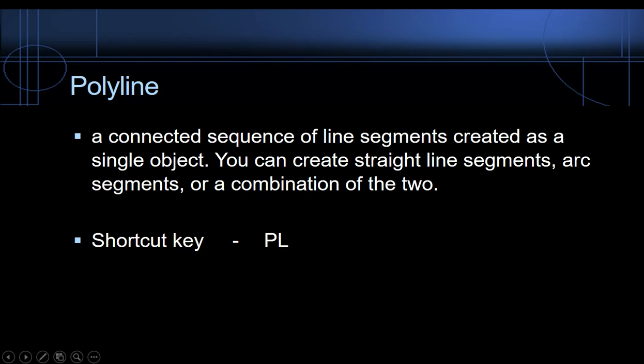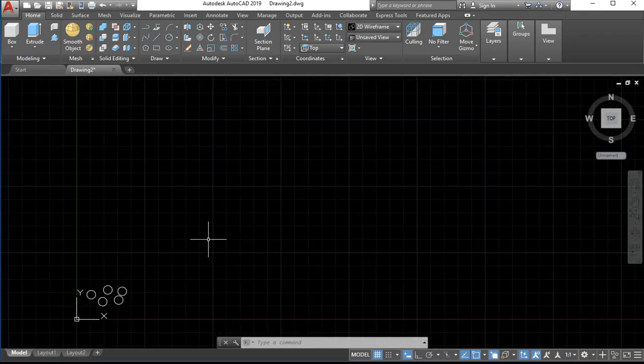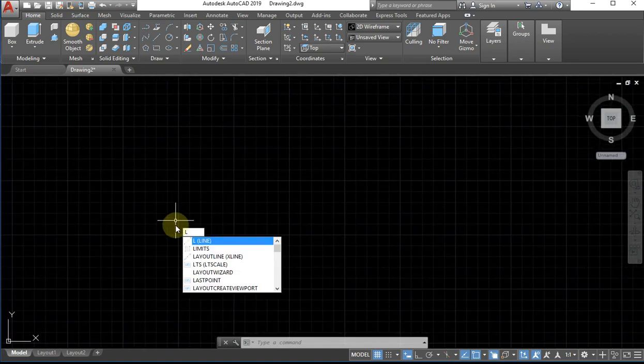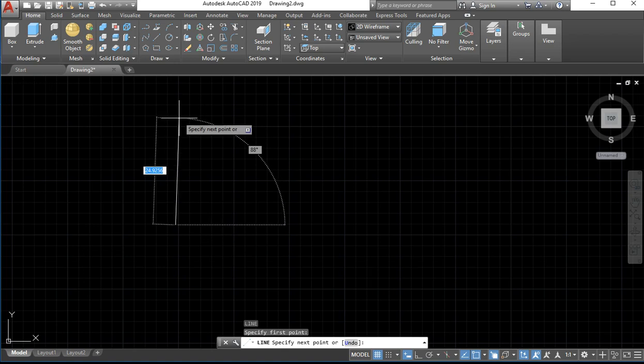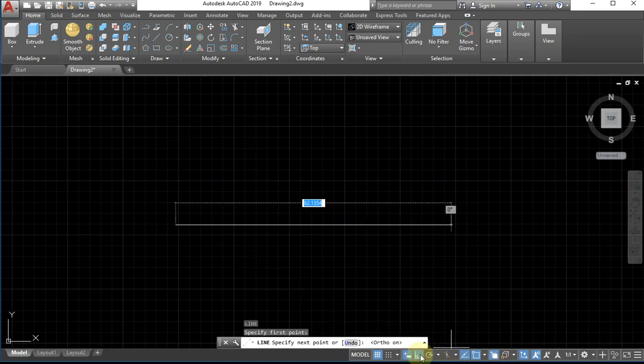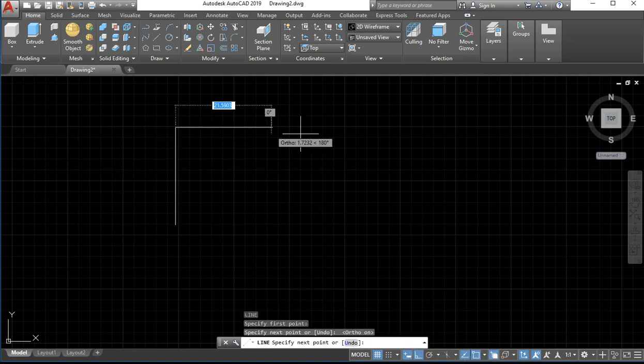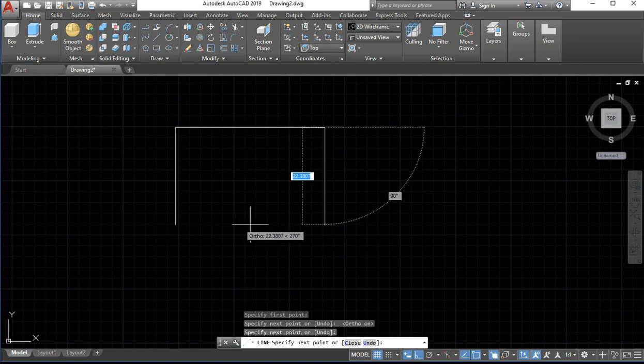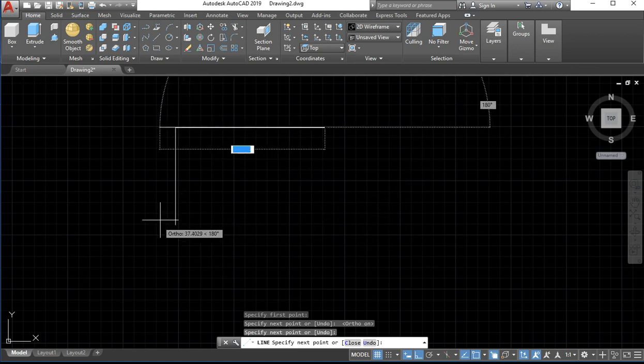So how do we use polyline in AutoCAD? I'll use line first so we can see the difference. When I type L, that is line. Let me open my ortho. So when I draw a box,